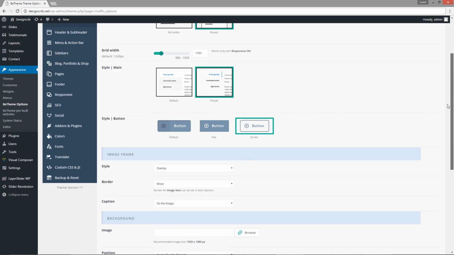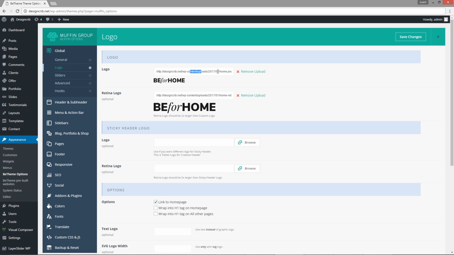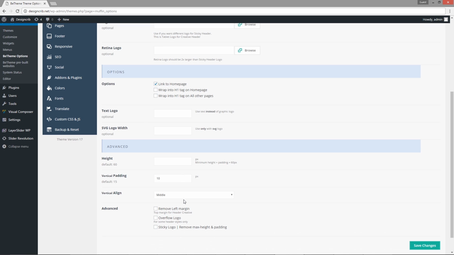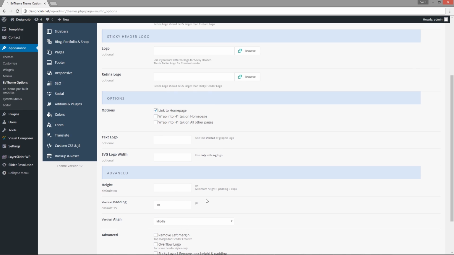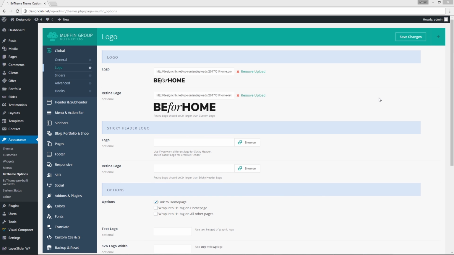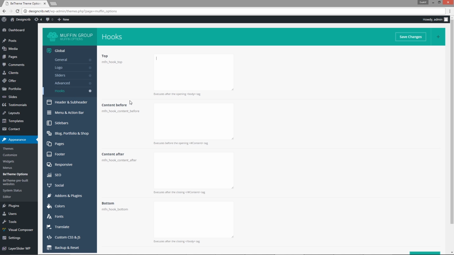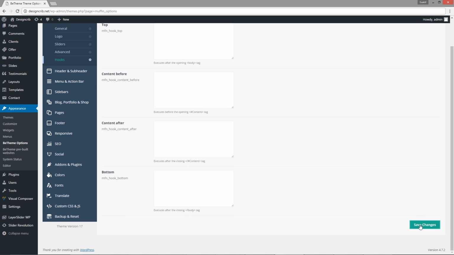Let's go to the logo now. To set up the logo, its sizes, padding, and other options, please navigate to Appearance, Theme Options, Global, Logo section. There's no shortage of customizing options here either. In the Slider section, you can set up timeouts for the sliders preset on various pages. If you want to add certain scripts to your site's pages, we have the Hooks section, where you can copy-paste